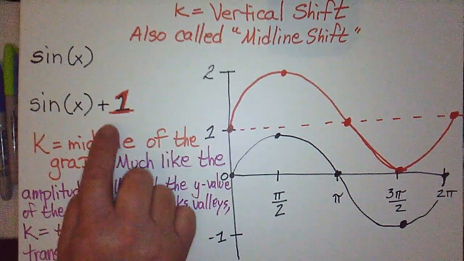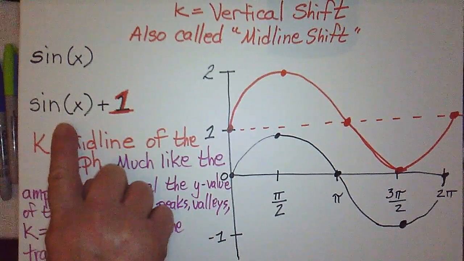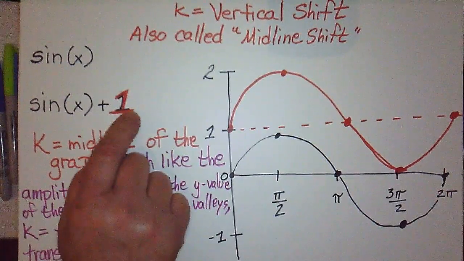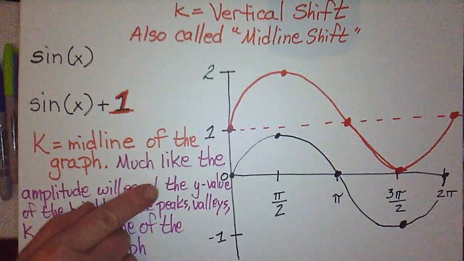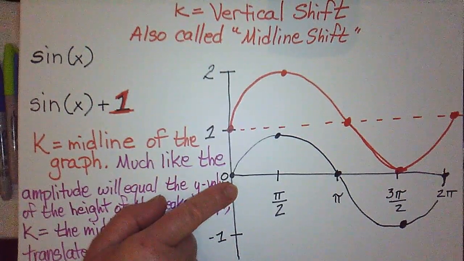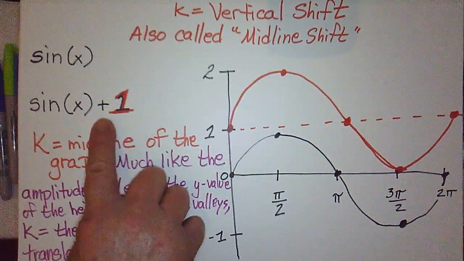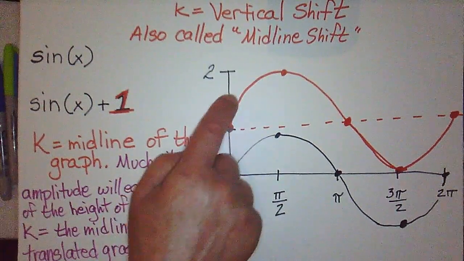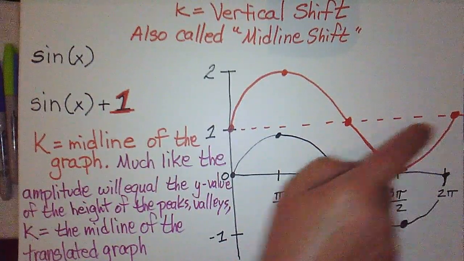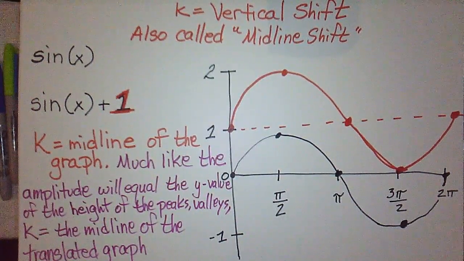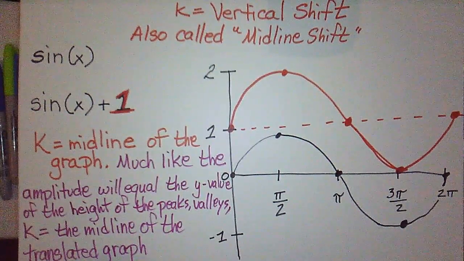So in this particular problem, we have sine of x plus 1. We have therefore shifted the midline of this graph from 0 to 1, up 1. And then we can draw as we normally do. Okay, on Thursday, we put it all together and plot different